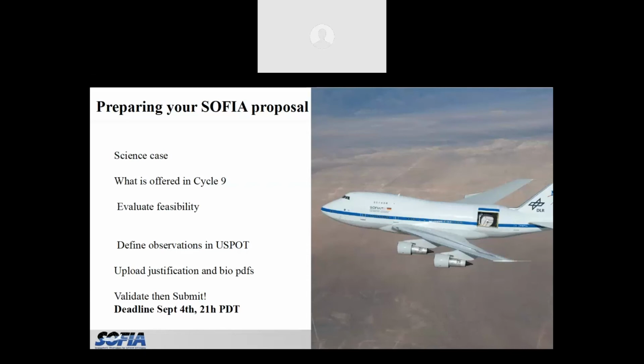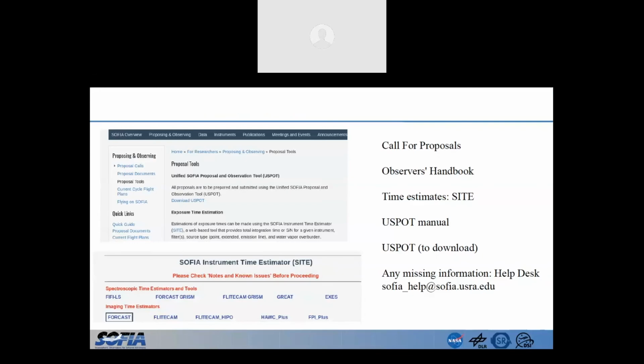Deadline September 4th, so it's really coming up. I recommend that you have with you when you're preparing your proposal these different materials: the call for proposal on the website, the observer handbook, the SITE website, which is our time estimation tool, and USpot, which is a tool to download, which you will use to define your observation and submit. And if you're missing any information,